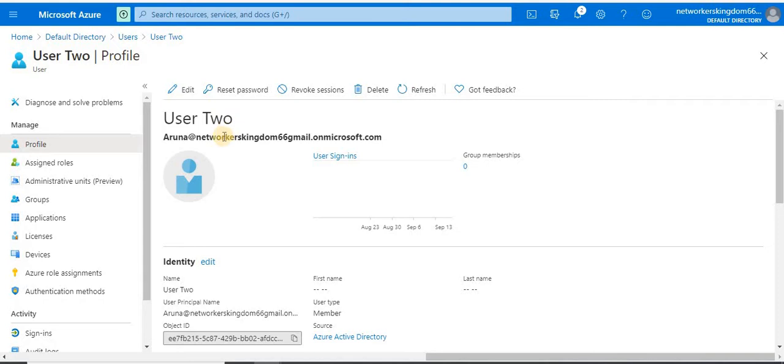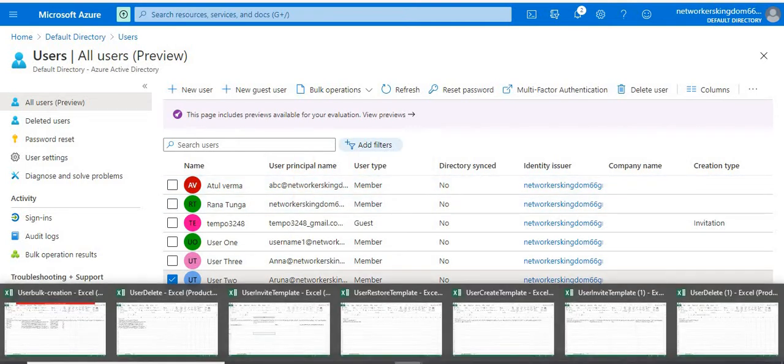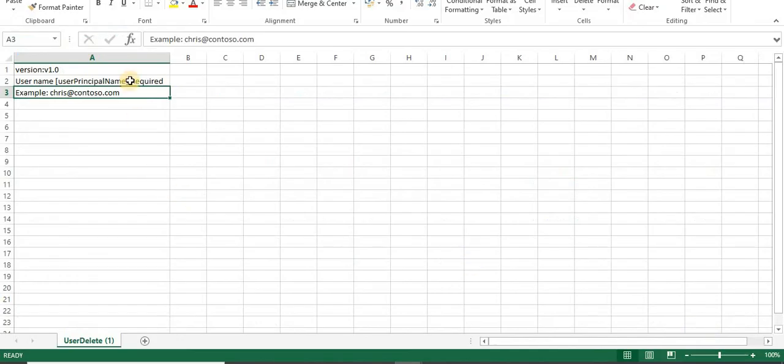See, this is the user principal name. Let me show you from here. See, user principal name. Let's move back to my file, user delete, and let's paste it here.